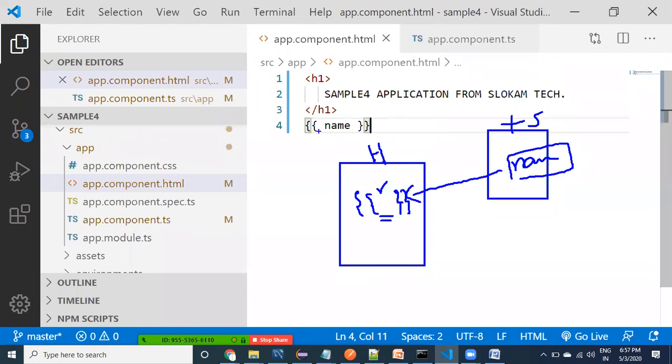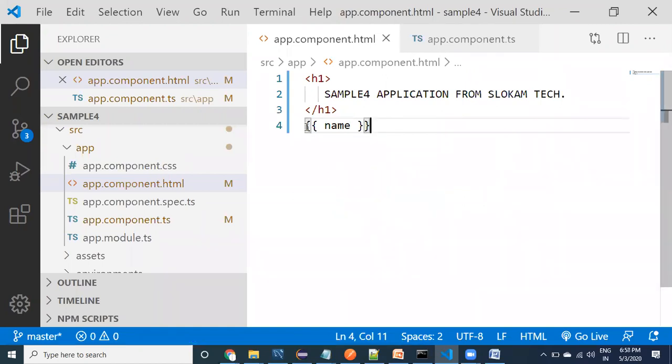So this code is going to be understandable by Angular, not HTML. Remember that this code is understandable by Angular, not direct HTML. First it is going to be read by Angular, and then it is going to convert this code into HTML and JavaScript, which can be understandable to the browser. How it works internally I'm going to tell you later. This code is related to Angular, so this can be called an Angular expression. We can even call it string interpolation.